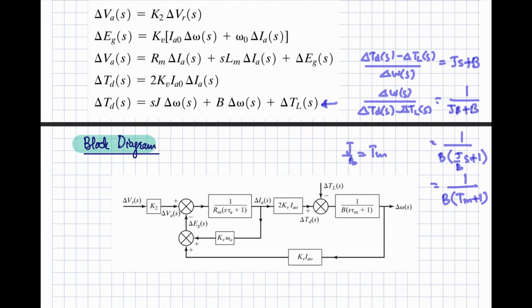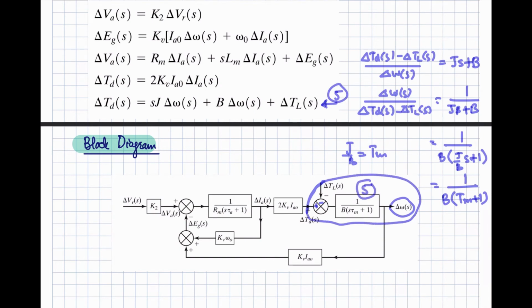So our output is delta omega S, and the input is the difference of these two, that is TDS minus TLS, where TLS is the load torque or load disturbance. So that is related with omega S by this transfer function that you can see over here. Okay, so let me call it equation 5. So from equation 5 we have